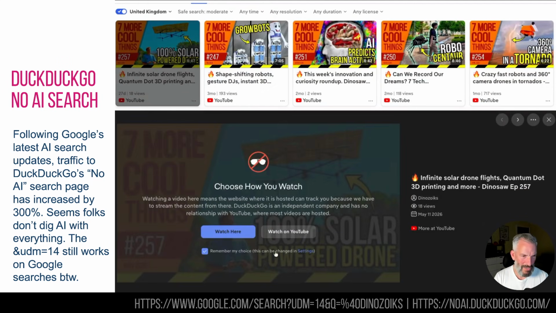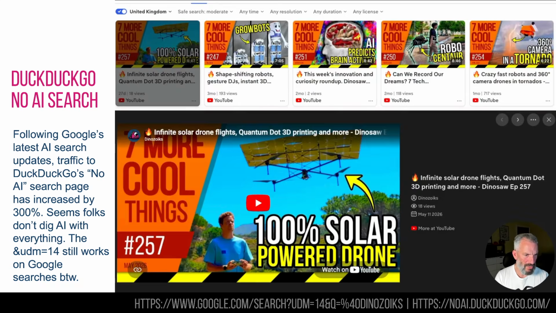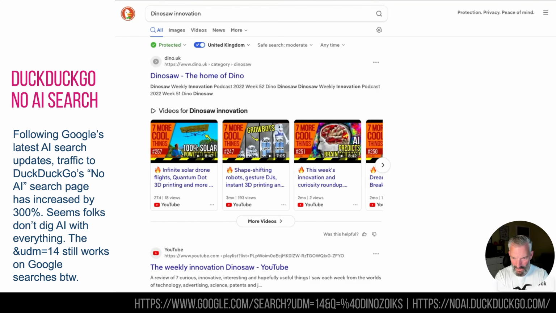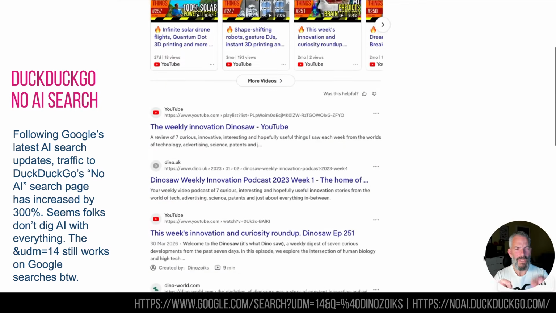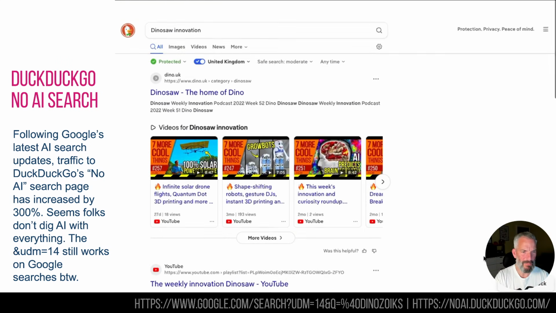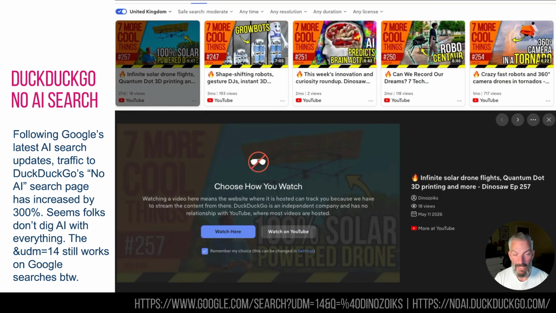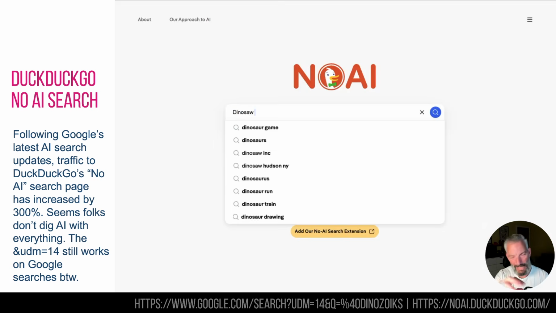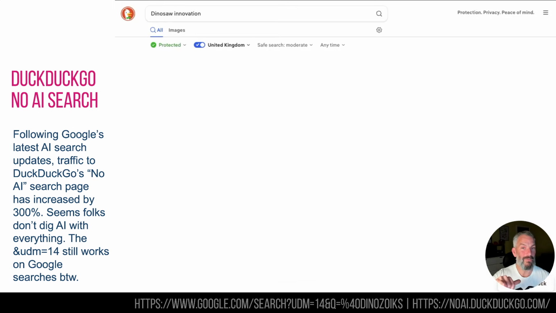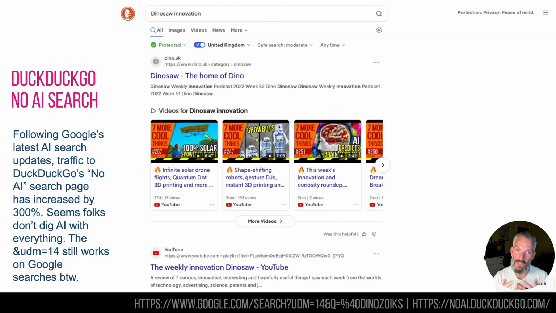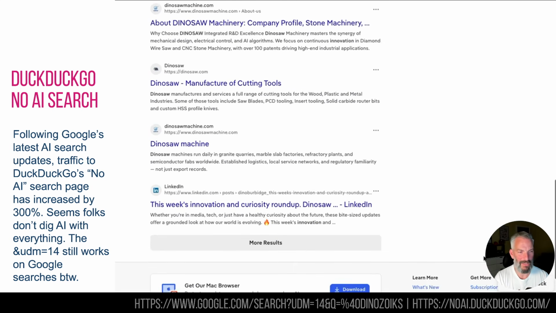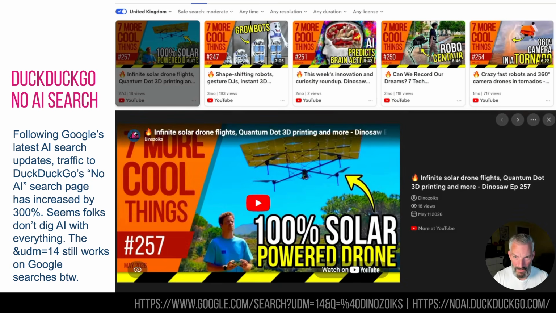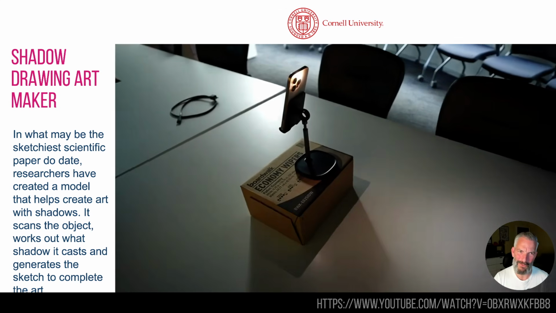But what I didn't realize is for the last couple of years, you've been able to use the UDM equals 14 code. If you don't know what that means, I'll put it in the description down below. But if you put Google's website and then put UDM equals 14, and then you put your search after that, so if you did, for instance, a query and Q equals, then it will not go through the AI search. So you can still use Google without the AI search in it if you use the UDM equals 14 tag. I didn't know that. There you go. Bit nerdy. Do look it up. Essentially, Google it, ironically.